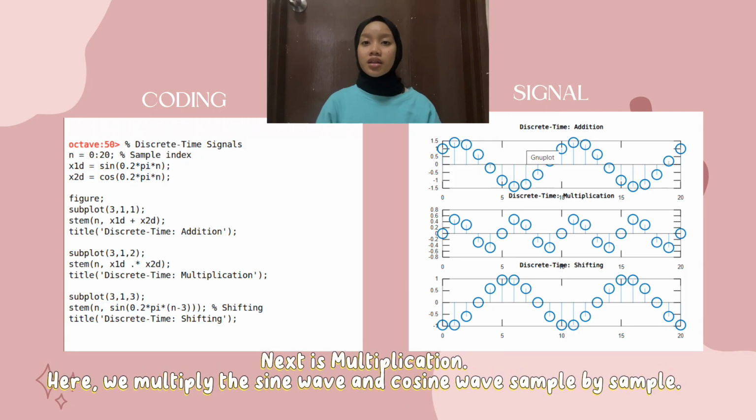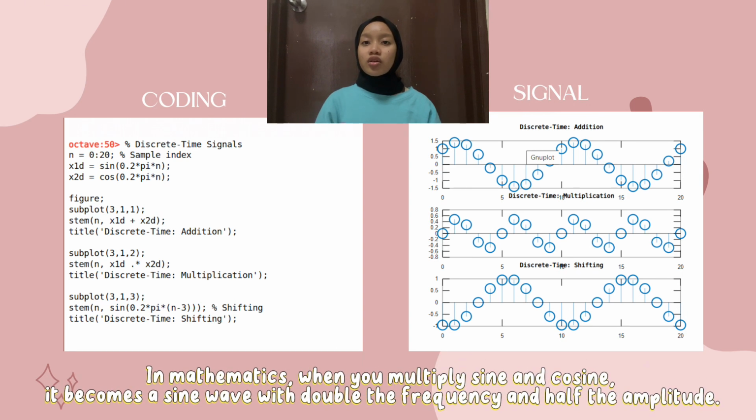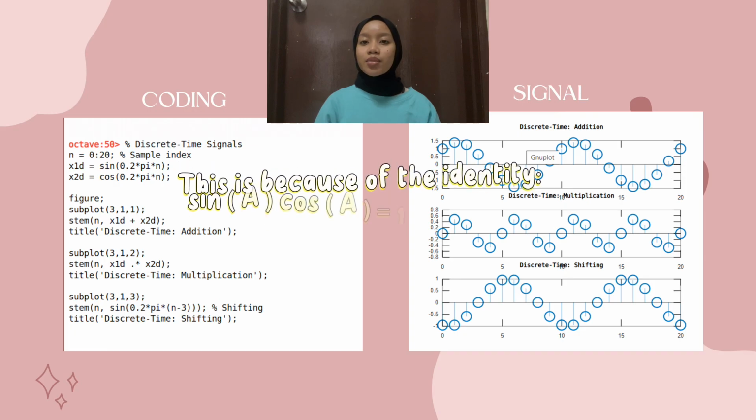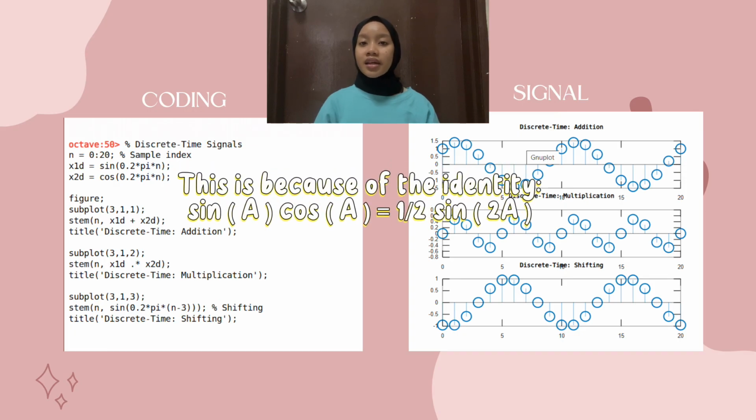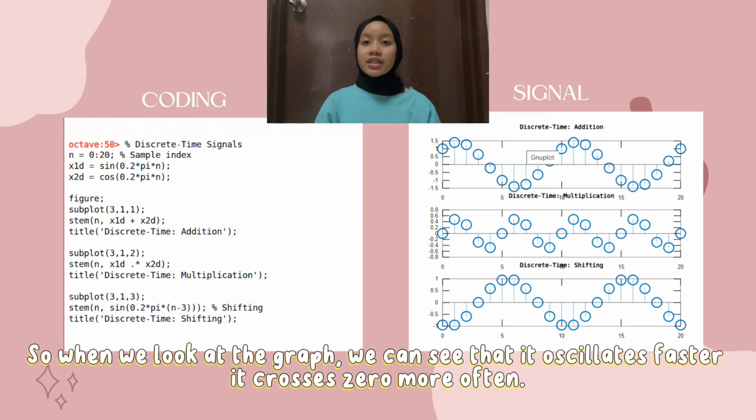Next is multiplication. Here we multiply the sine wave and cosine wave sample by sample. In mathematics, when you multiply sine and cosine, it becomes a sine wave with double the frequency and half the amplitude. This is because of the identity sin A cos A equals 1 over 2 sin 2A. So when we look at the graph, we can see that it